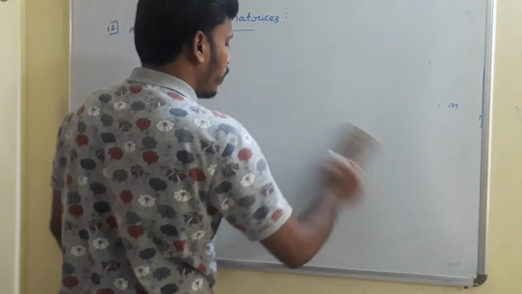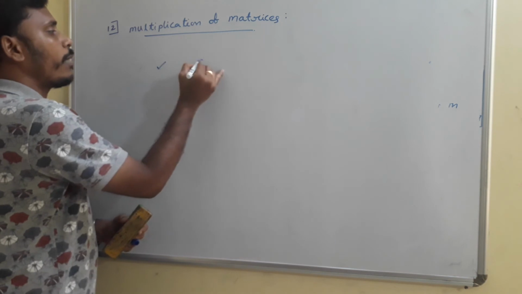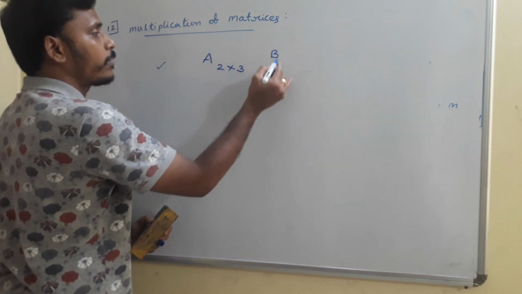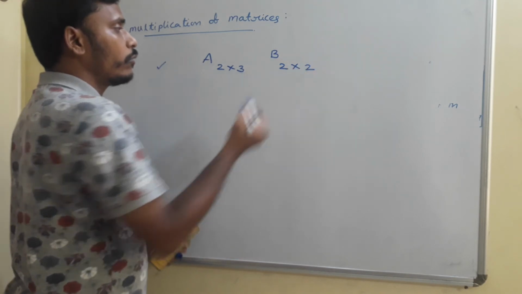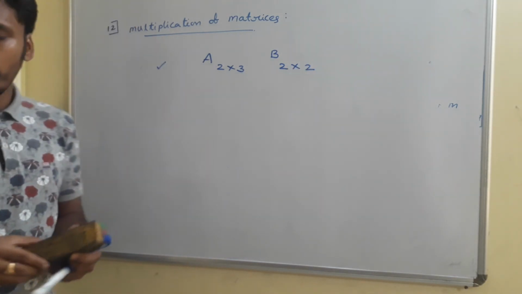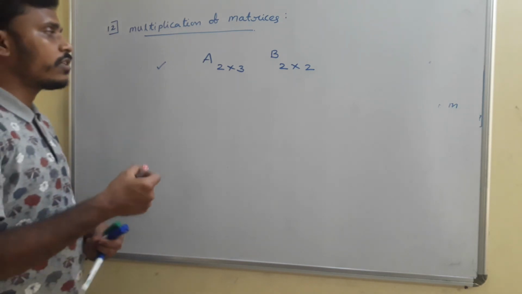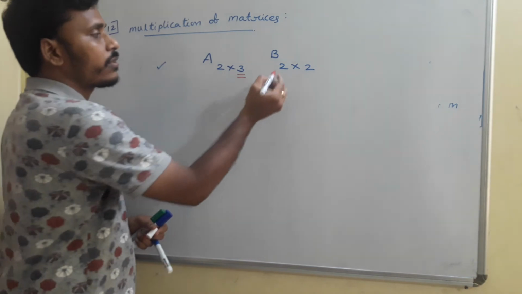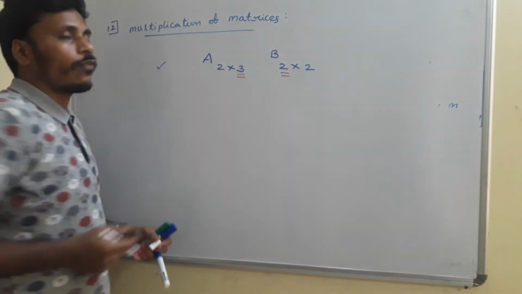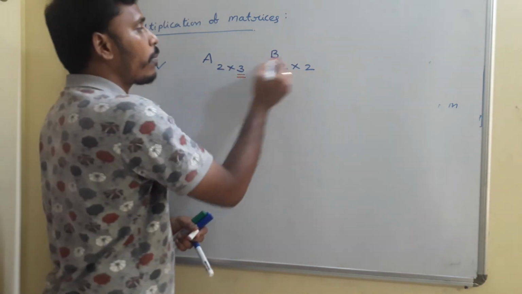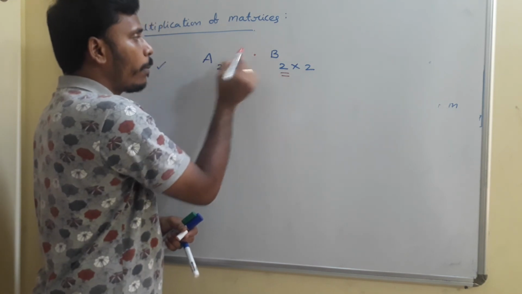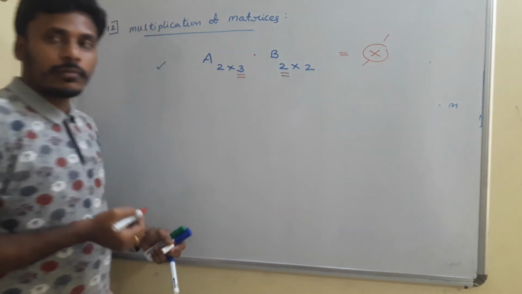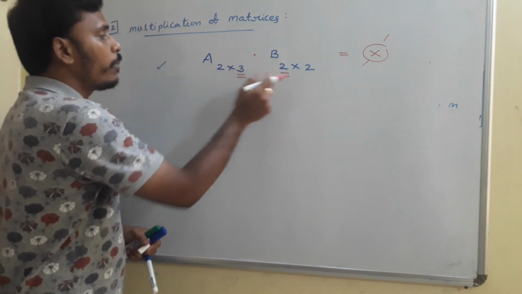This is all about the multiplication of matrices. For example, I have a matrix A whose order is 2 by 3, and I have another matrix B whose order is 2 by 2. And then if you think there, what are the number of columns in the second matrix? This 3 represents the number of columns of second matrix. This 2 represents the number of rows of first matrix. Since these two are not equal, so multiplication of A and B is not possible. That's what I am saying. So to multiply, these two elements should be equal.